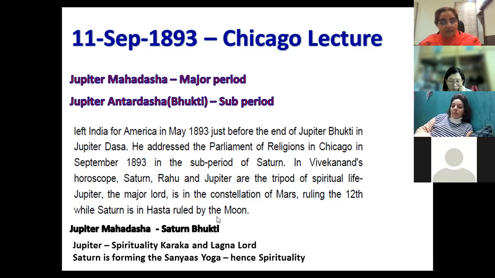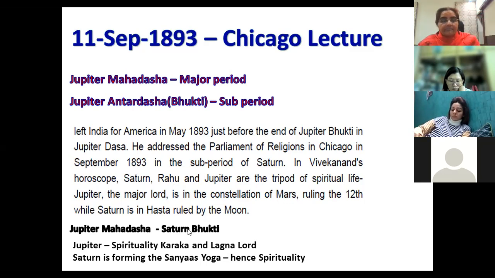The person is not interested in family life, they are more interested in spiritual life. So this is how even Rahu can cause it, not only Ketu. People think Ketu is in the 12th. No, not only Ketu, Rahu can also make a person live a spiritual life, but Rahu is causing his spirituality